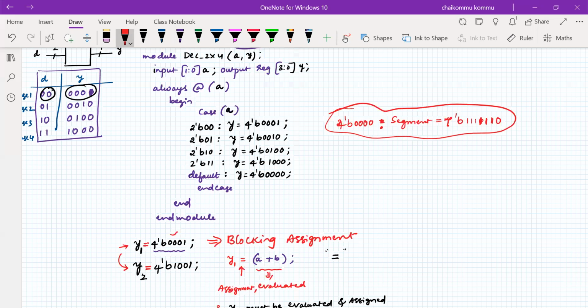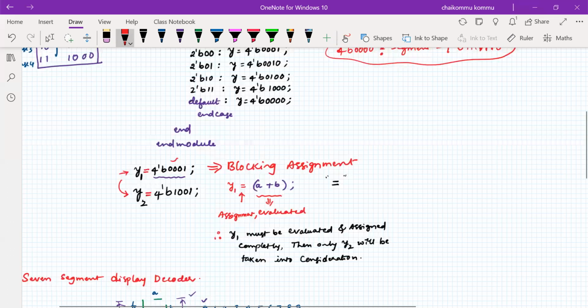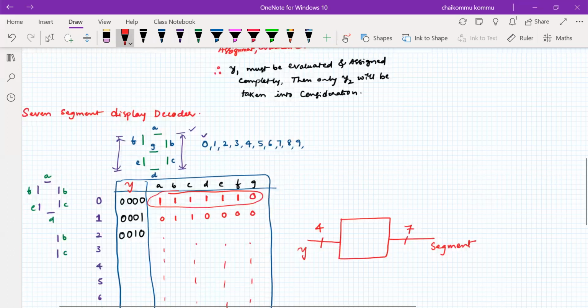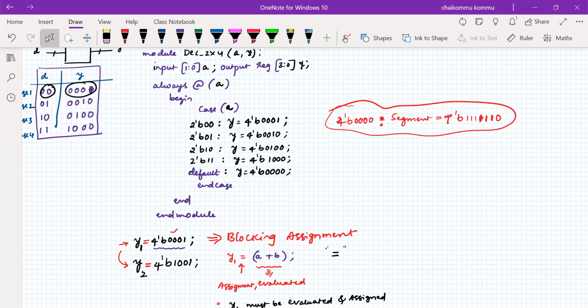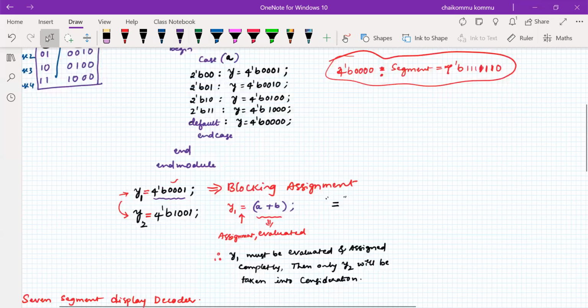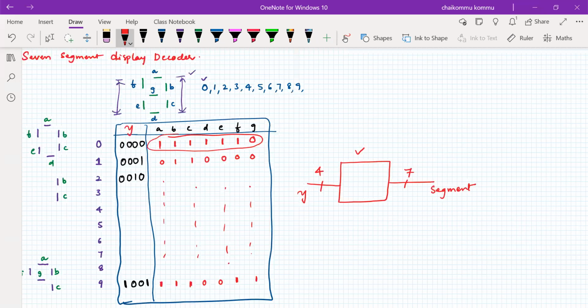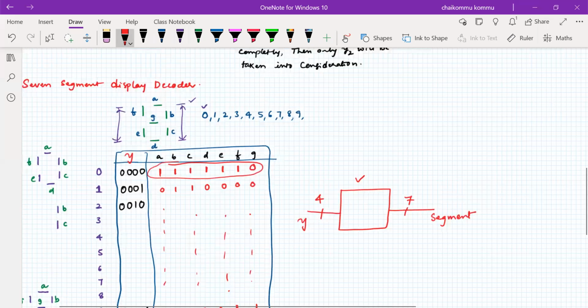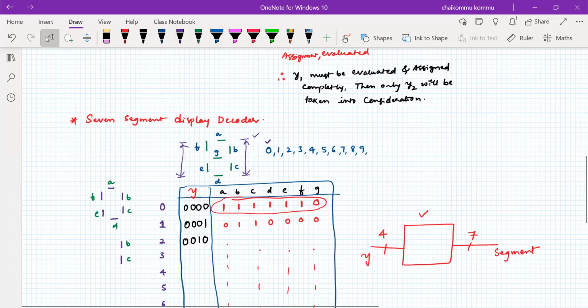Yes, sir. So very simple, just for the 2x4 decoder, whatever way we have written according to this top level module. Based on this theory and top level module and based on the previous case statement, it is possible to write the Verilog program for that. Please try to do it at home. It's very simple. If you have any doubt, please let me know.